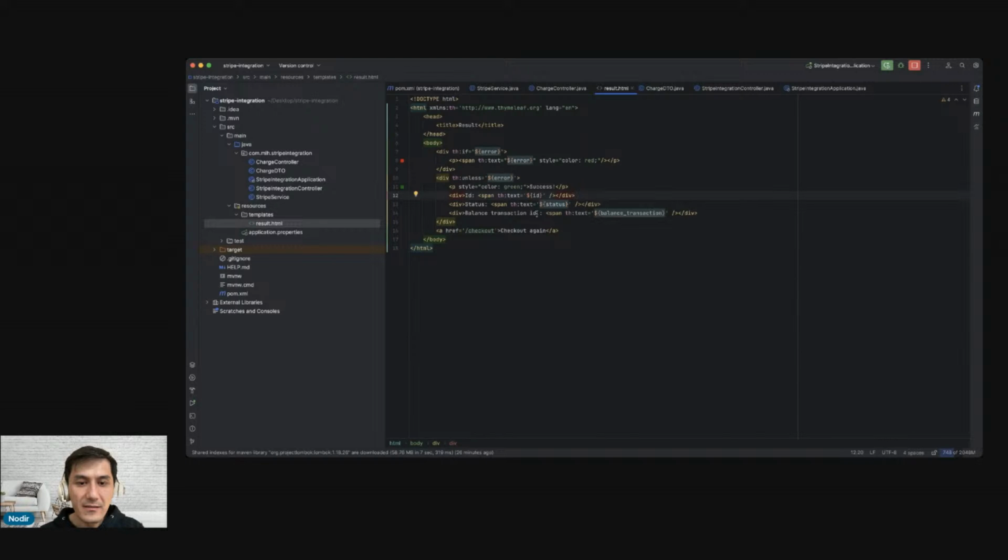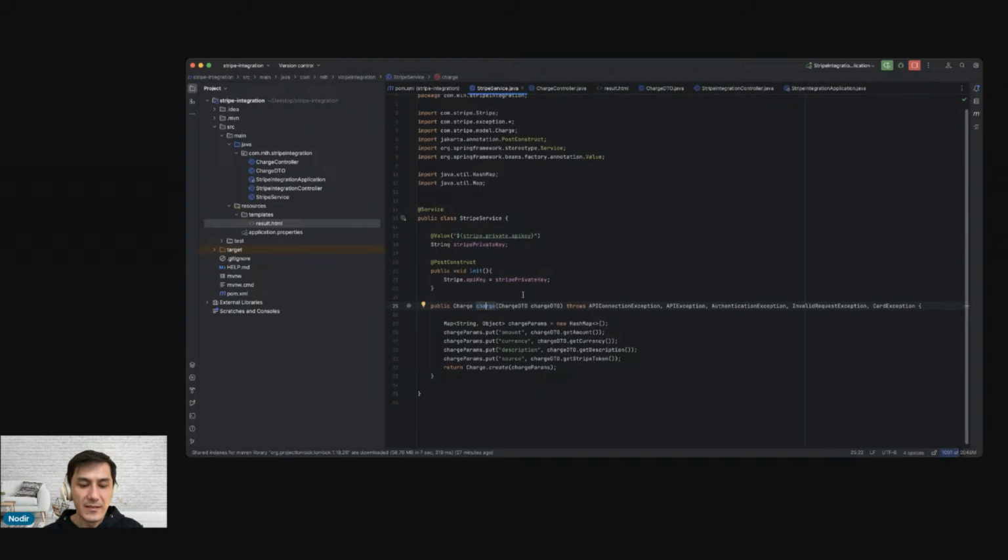That's the data that will be displayed on the screen, and there will be a link again to checkout again, which will call this checkout endpoint, which we haven't created yet, so we'll create it also. And now we need to actually create